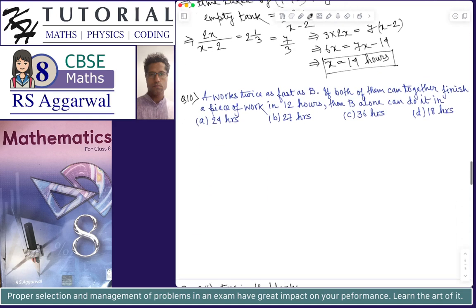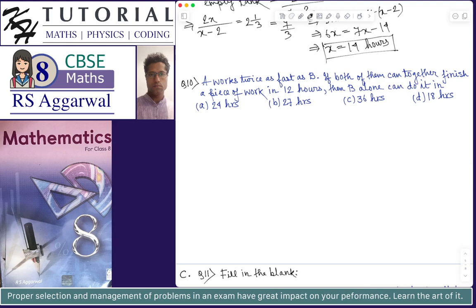Question number 10. A works twice as fast as B. If both of them can together finish a piece of work in 12 hours, then B alone can do it in? Okay, so A works twice as fast as B, which means that A will take half the time. If the time taken by B to complete a work is x, then A will take x by 2 times to complete the work. Okay, so let's assume